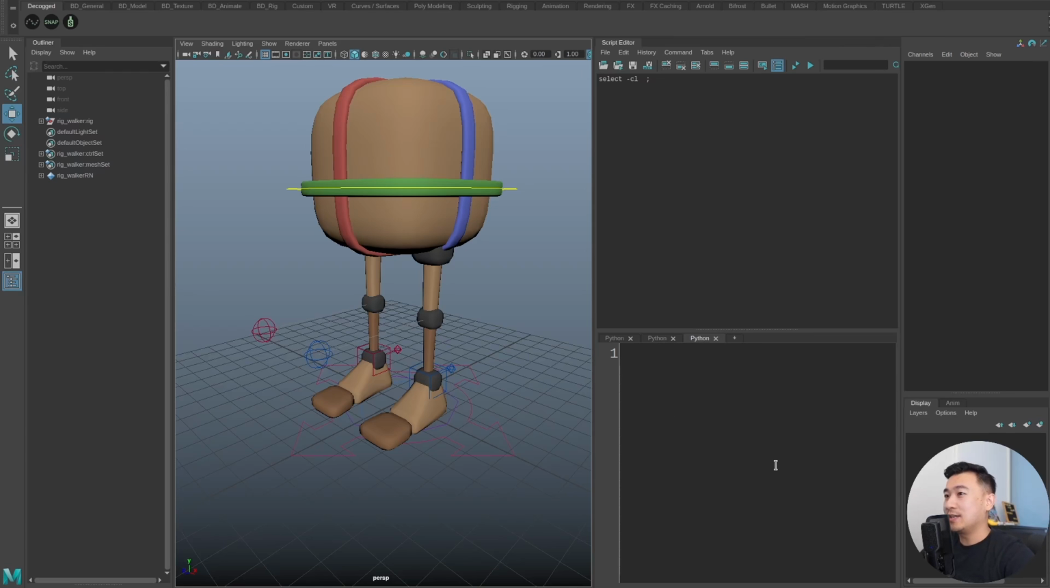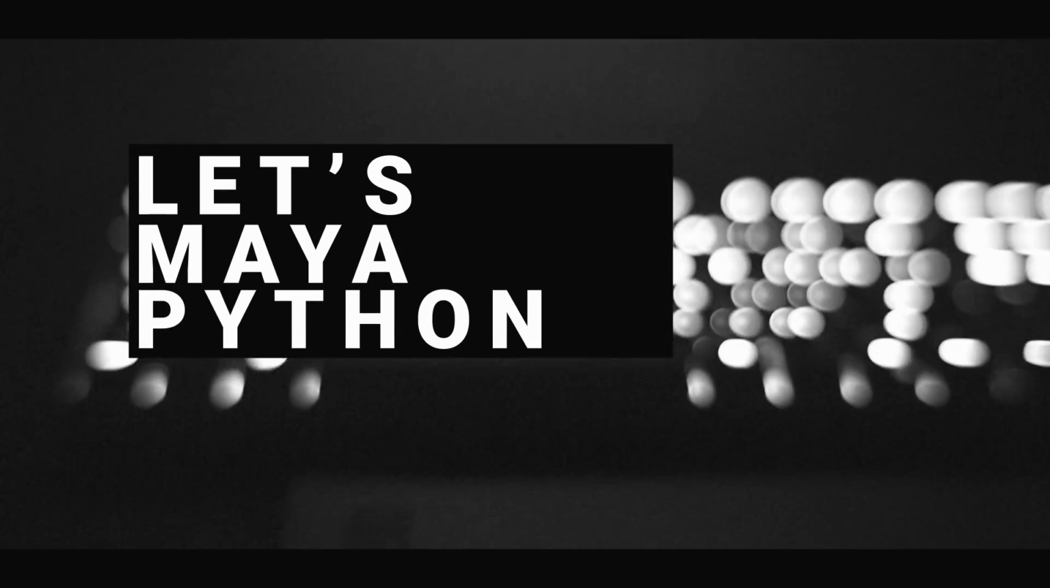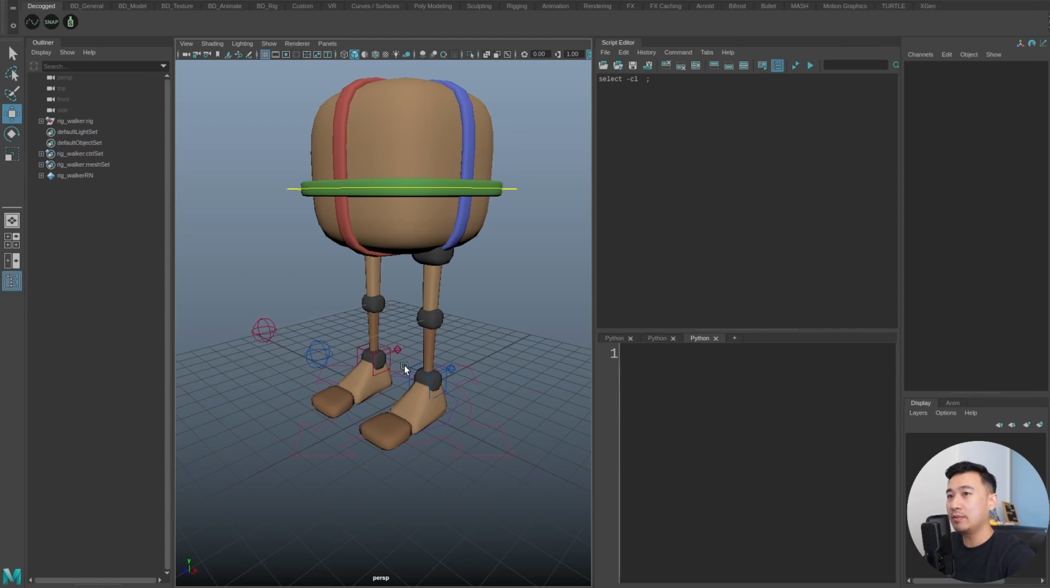Hello. As promised, I'm going to go over the more advanced ways to do what we did in the previous lesson, in the previous video. We're going to do this parent constraint thing, but this time we're going to make it a nice little function,